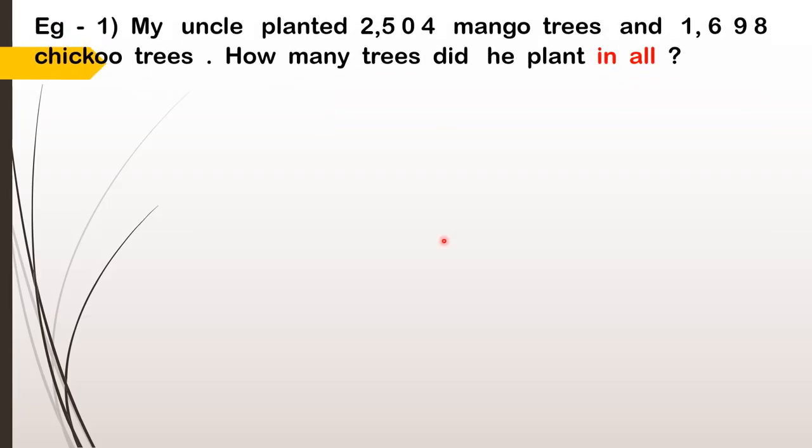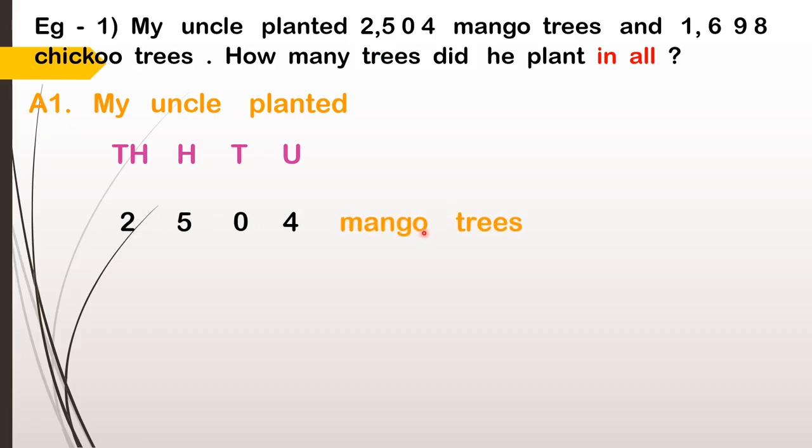So this is the same problem which I showed you earlier. And let's see. The first thing I told you before this was we write the statement. Statement means you have to pick up the sentence from the information in the problem given itself. What information did they give? My uncle planted. So that is what we will write, and I will put the place value. You have to put the place value for the sums. What did he plant? He planted 2,504 mango trees. So that's my first statement.